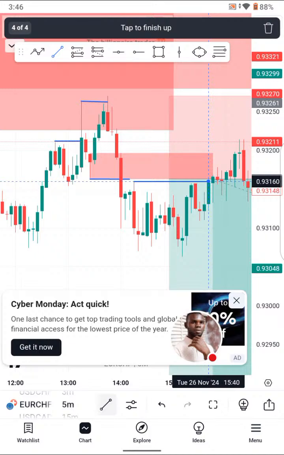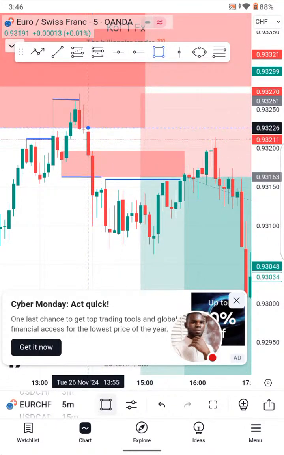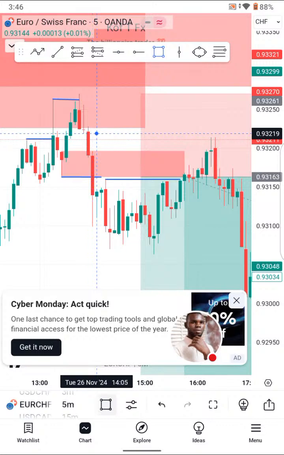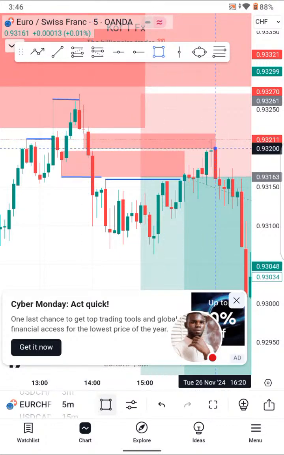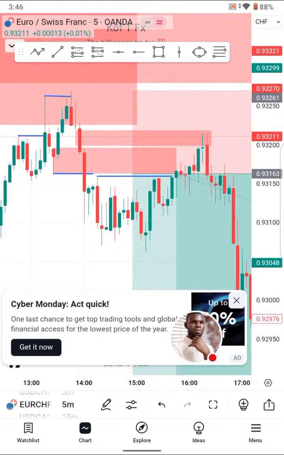So I was expecting that price should come to that area. However, price actually respects this. Price did not even get there, so it respected this FVG here. As you can see, it respected that FVG. So price used that FVG